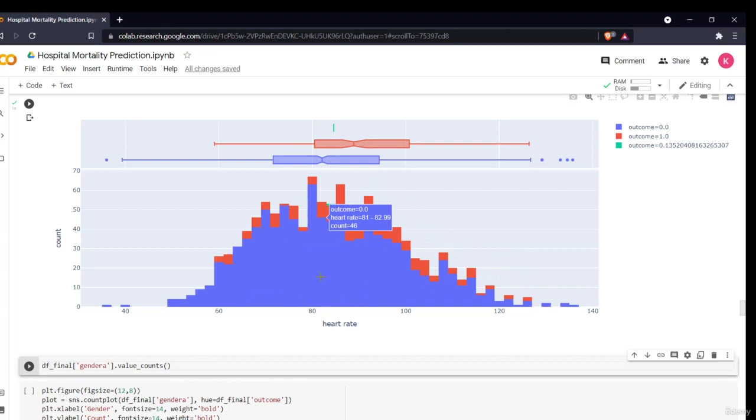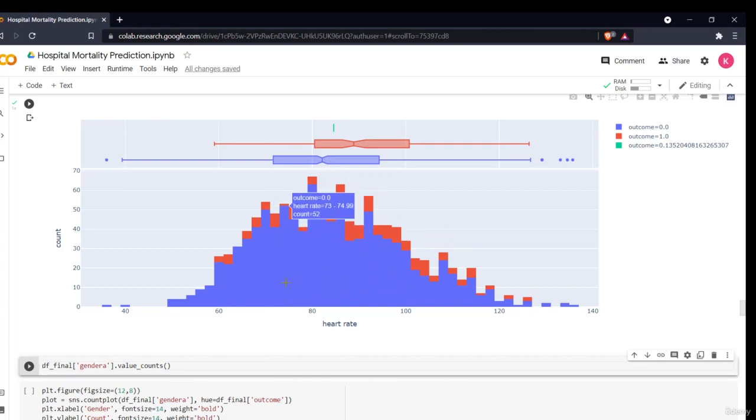But the majority of our data lies in the normal range only, and the heart rate around 90 to 100 has the maximum number of counts. Basically it is normally distributed, right? It is not that one particular heart rate has the maximum number of deaths, but it is distributed normally. We can say that the maximum amount of our population has a heart rate of 65 to below 100.